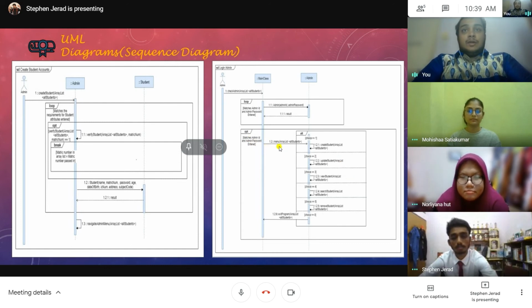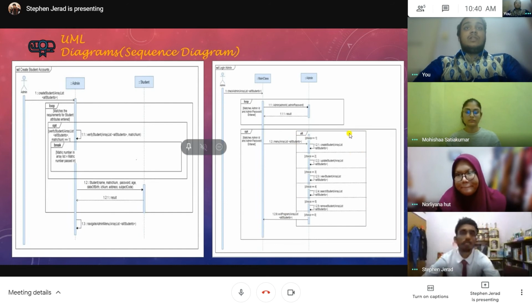Process 1.2 specifies that we are calling a menu method by passing the all students parameter. The menu method displays whether the user wants to create a student, update a student, view a student, search, or remove a student. So the sub-processes are 1.2.1, 1.2.2, 3, 4 and 5. Then we have an alternative fragment operator here, so we can see the multi-way if-else.